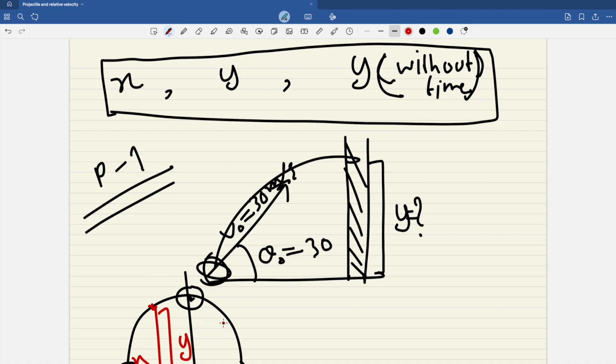So we'll be looking for the y at any point I want, right? Okay, so for getting the y at any point